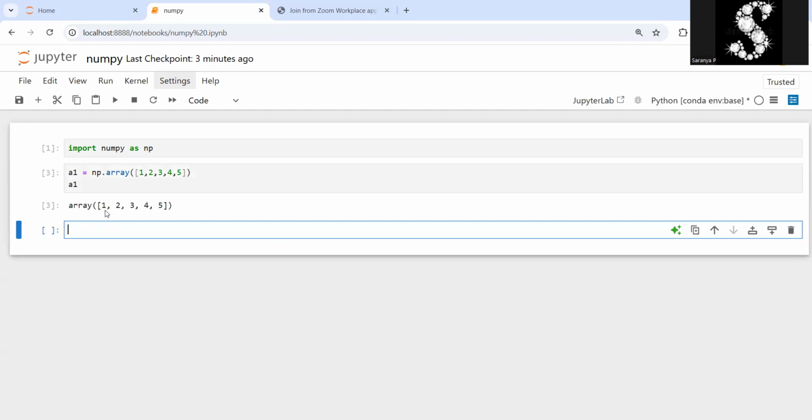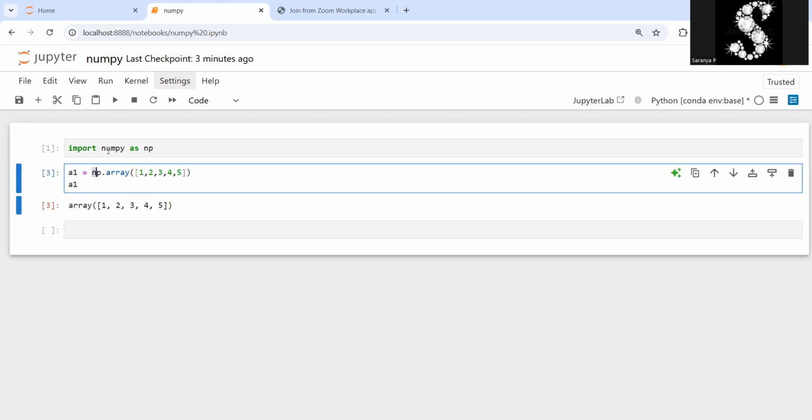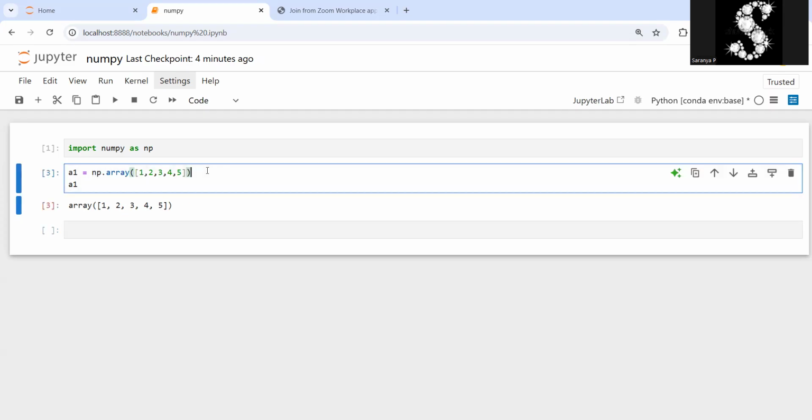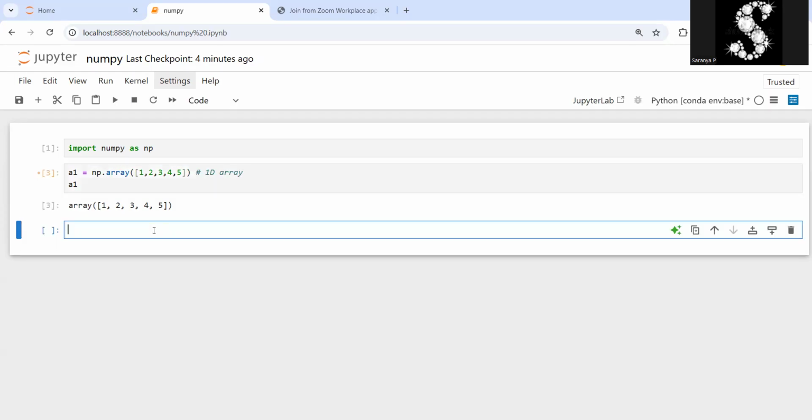Now I can see that the array has been created with a set of elements by using this np convention, which refers to NumPy, right? This is a simple creation of an array, and it's going to be a single-dimensional array. It's a 1D, one-dimensional array. I can also create a multi-dimensional array. So I am just showing you how to create